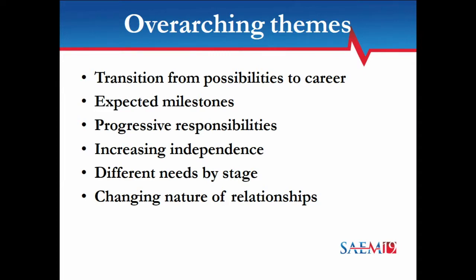Also expect over the academic life cycle that the expected milestones, what's to be accomplished at each stage, probably differ. And they are probably in an iterative fashion where you expect the milestones to build upon each other. So to get to the next stage, you have to accomplish certain things to help you get to the next stage. It's also a theme of progressive responsibilities, that at the beginning you may be doing a lot but not responsible for very much, where at the end you may be more of a supervisor and doing less but responsible for a whole lot more,